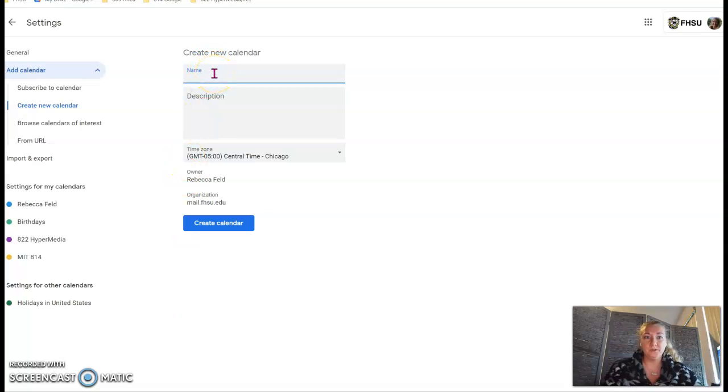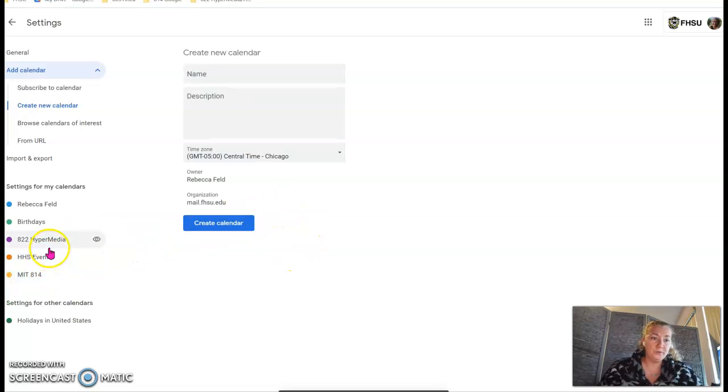But for our purposes, we're going to create a new calendar. So say, for example, I wanted to name it HHS, which is my high school events. So if I wanted to add in those features, and then description, add in a little piece here that it's my Huntley High School calendar events. And selecting your time zone, making sure that it's all there, that you want to be on the same time zone as what you're currently in, or if you want to change it, you can. When you create that calendar,